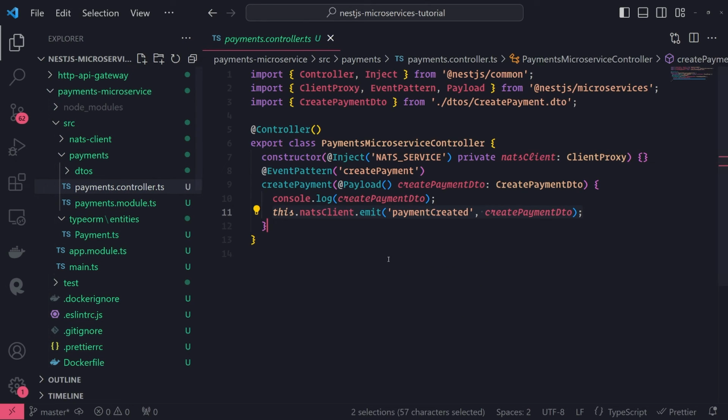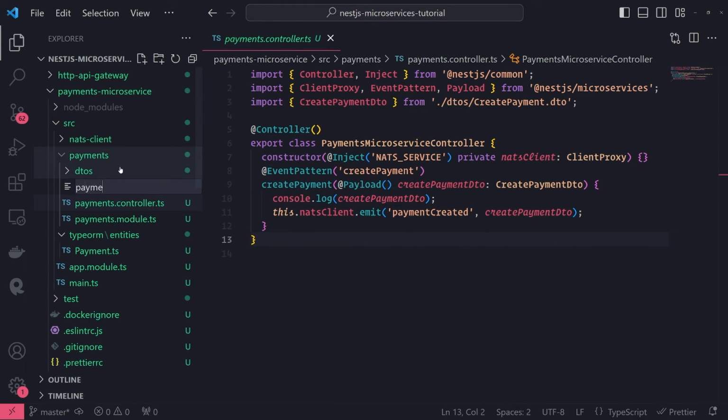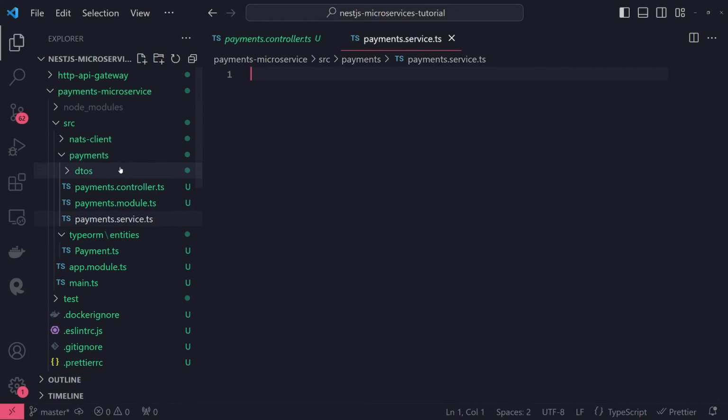And now we're going to do the same thing that we did in the user microservice, where we create a payments service class, and then we're going to inject that service into the payments controller. And then in the payments service, we're going to inject the payments repository so we can interact with the payments table. So create a new file, call it payments.service.ts, inside that payments folder, and then let's use the Injectable decorator